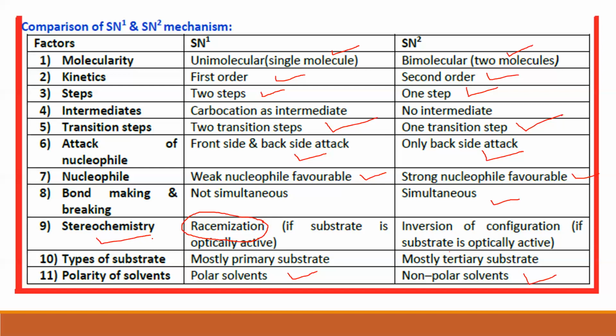Whereas stereoisomerism or stereoisomers: two or more compounds having the same molecular formula but differing in the arrangement of atoms or groups in space. They differ in what? Arrangement of atoms or groups in space. So they have the same structural formula, but the only difference is how the atoms or groups are arranged in space. That defines stereoisomerism. Under that, we came across geometrical isomerism, where we had cis and trans.